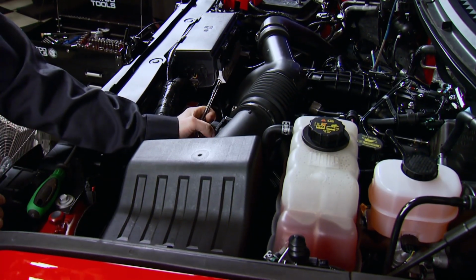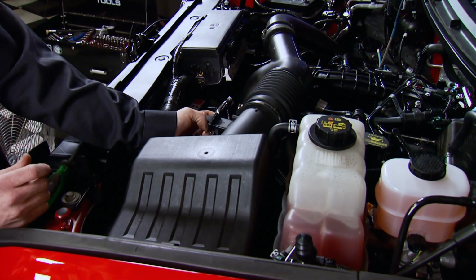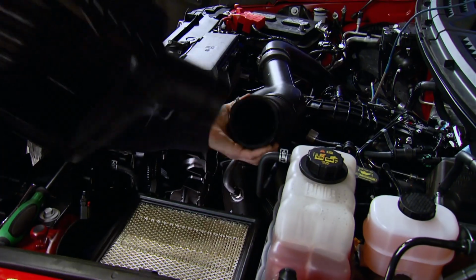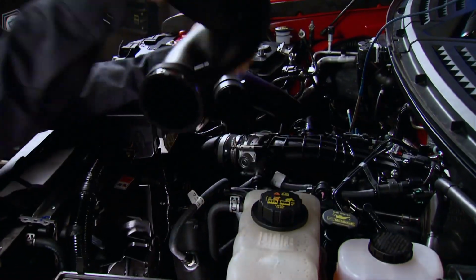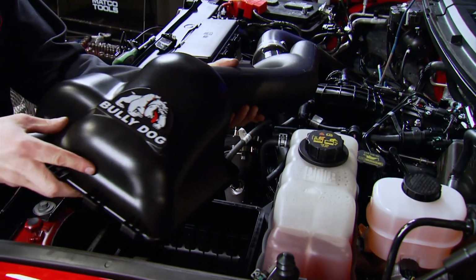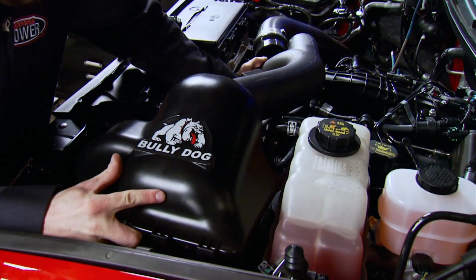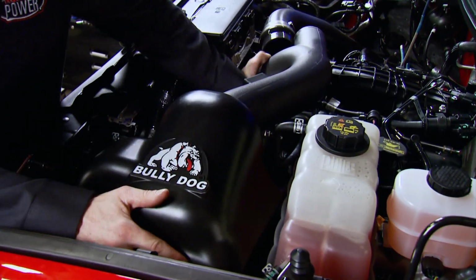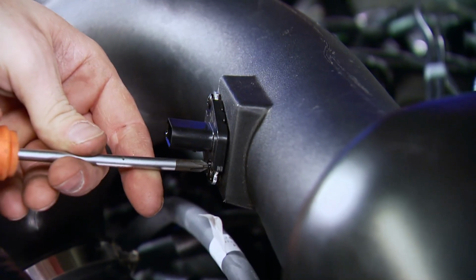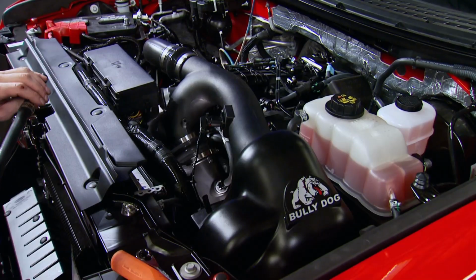After a cool down, we can install the cold air kit, disconnecting the mass airflow sensor and removing the stock air intake system as a unit. The new tube snaps into the injected molded lid. It's designed to draw in air as well as house the high flow filter. After connecting it to the throttle body, we can install the sensor to the new tube and attach the provided